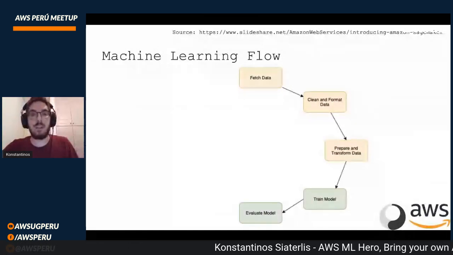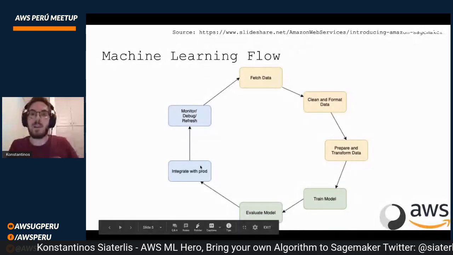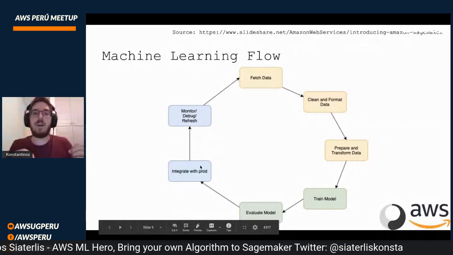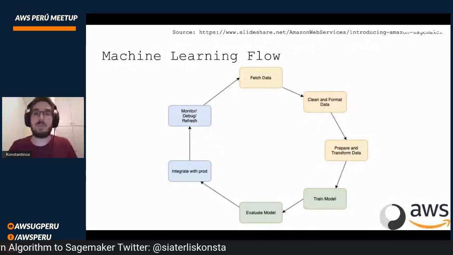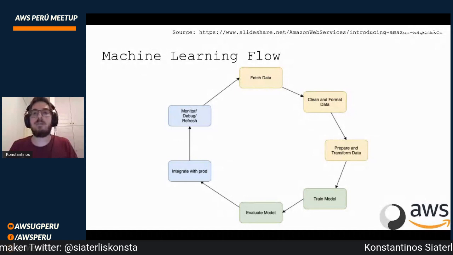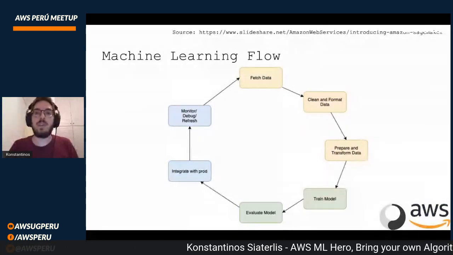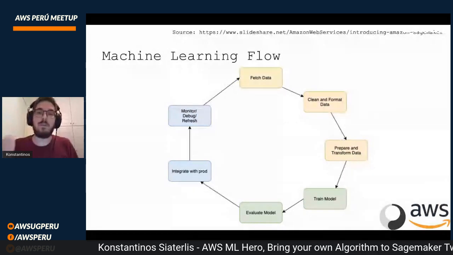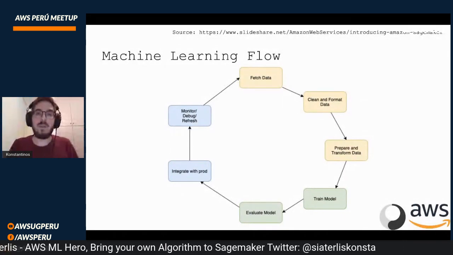Once you have a result, next thing is to integrate it with the production environment, share it with your colleagues, users, through an API, a package, whatever you want, and then you have to constantly monitor it to see if the model performs well, if you need to upscale or downscale your infrastructure.